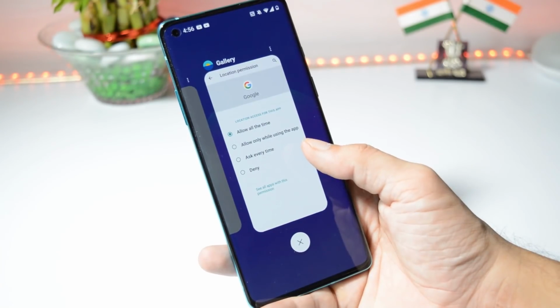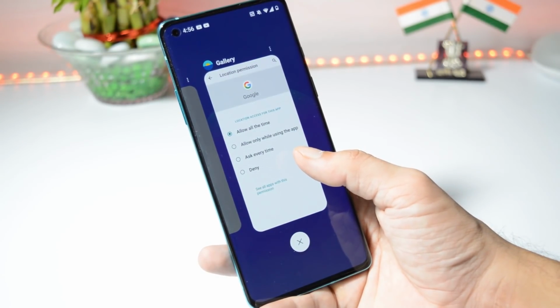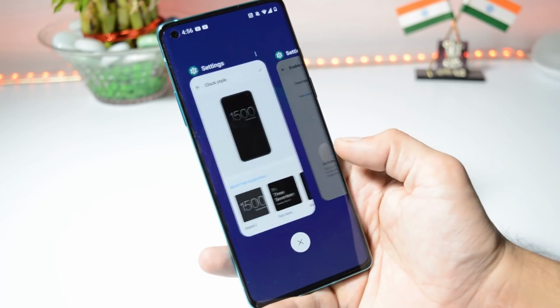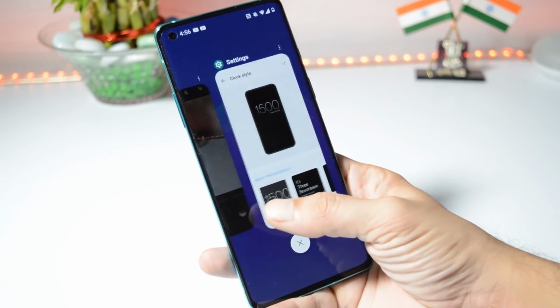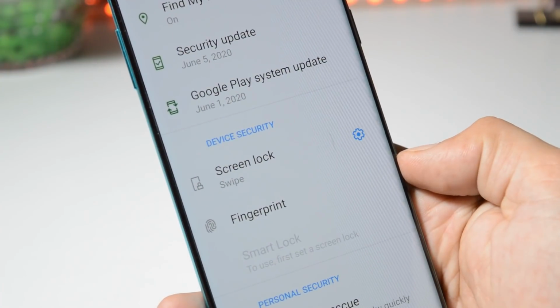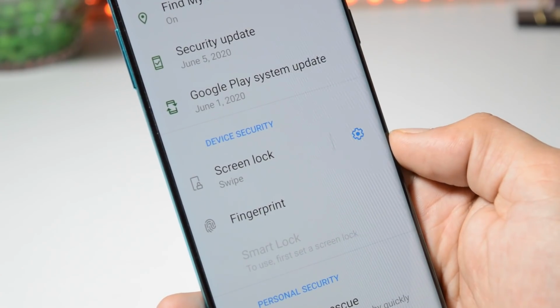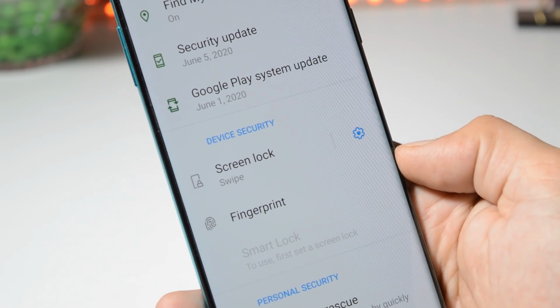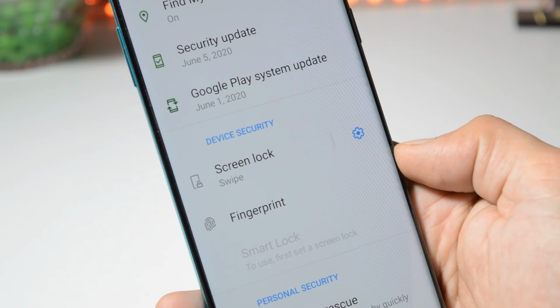Launcher version is version 5, but it's with an old UI. Nothing new was added with this latest launcher. And at last, you also won't find the face unlock feature, which OnePlus have already mentioned on their forum. Along with that, they have also mentioned some apps may not perform well.